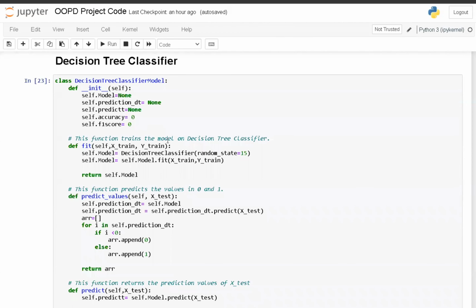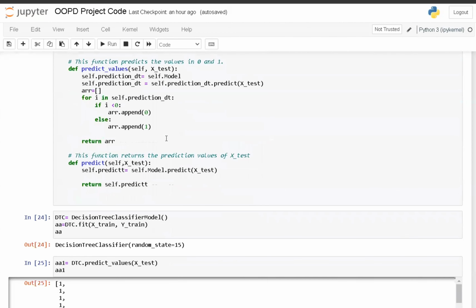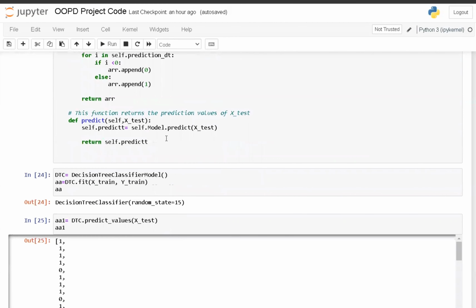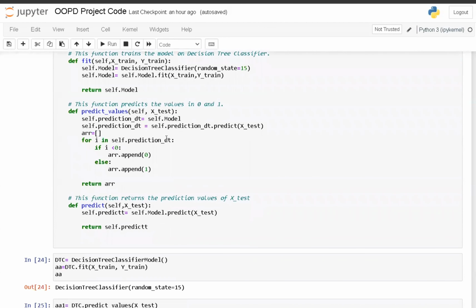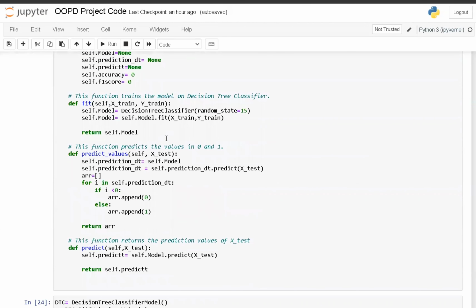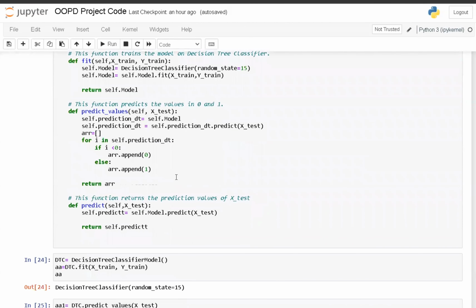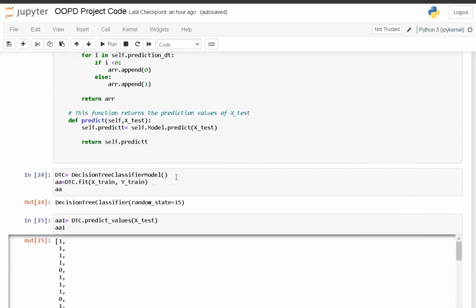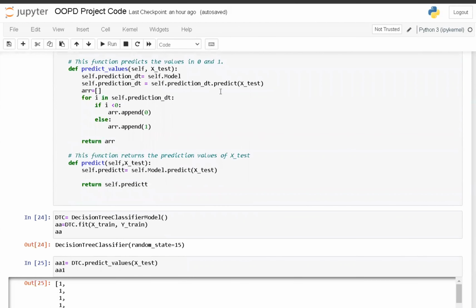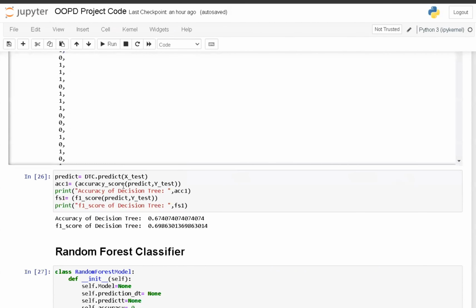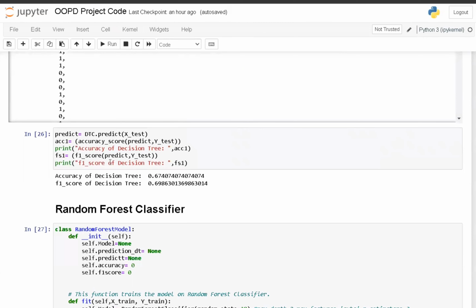Then we fitted our training data to the model for training, and it returns some value that is stored in that variable. Then we predicted the values for our test data set over the trained model, and it gives us the output in binary format. Finally, we calculated the accuracy of our model using the accuracy score function and the F1 score values using the F1 score function.